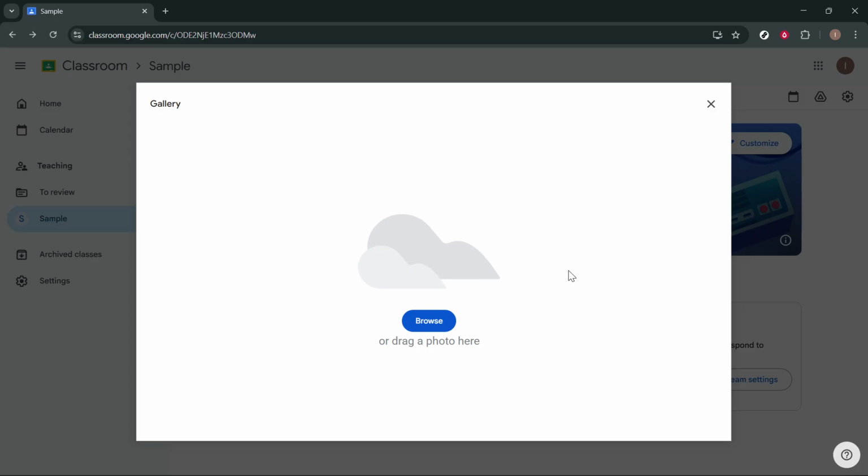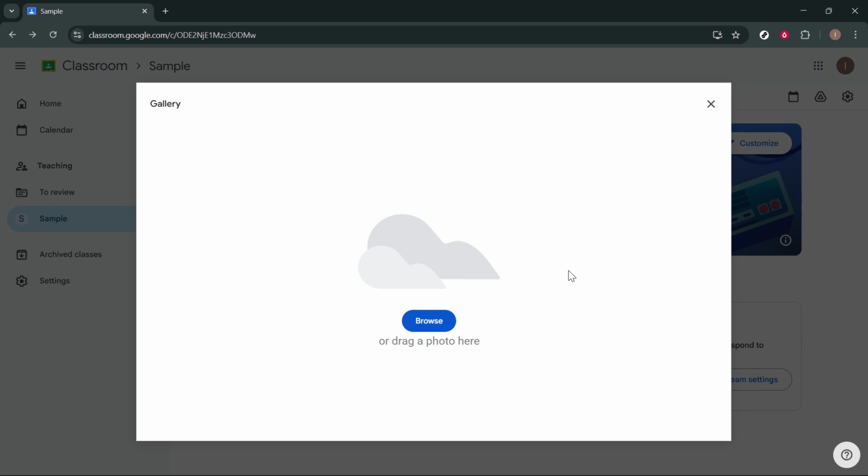That's all there is to it. You started on Google, opened the Google Apps menu, went into Classroom, chose your class, hit Customize, set a theme color, selected a photo, explored class themes, picked one you liked, applied it, and, if you prefer, uploaded your own